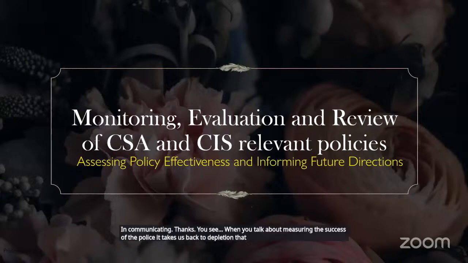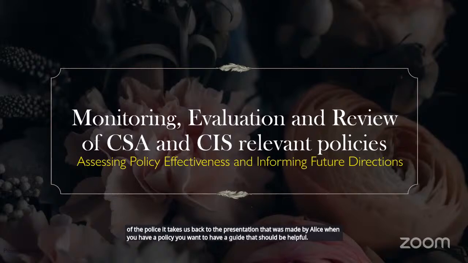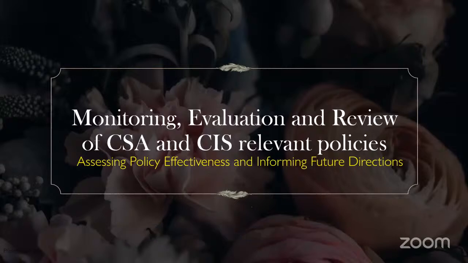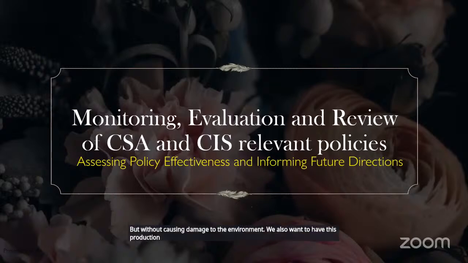that was made by Alice. When you have a policy, you want to have a guide that should help you to reach a certain target. In this case, in our climate smart agriculture, the target is to have production which is enough for our people, but without causing damage to the environment. We also want this production to be resilient to the conditions of the environment, to climate change. So if you design a policy